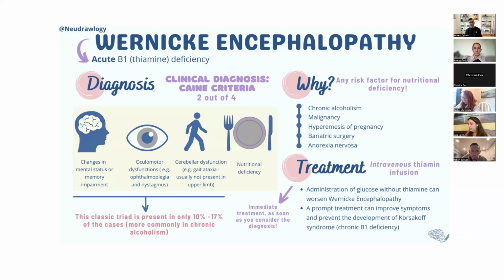So that's why a lot of times inpatient, if someone's an alcoholic, right? Sometimes they give them injections in the beginning and then they give them PO doses of thiamine, right? That's important, all right? So these are some of the symptoms of Wernicke's encephalopathy, all right? So you have changes in mental status, memory impairment, so they might be confused. You ask them, you know, where are you? Who are you? Do you know where you are? You know what the date is, right? They might be confused about that. Sometimes you do the lateral gaze test, you move your finger across and you try to get them to do the H, right? And they'll have something called ophthalmoplegia. What's ophthalmoplegia?